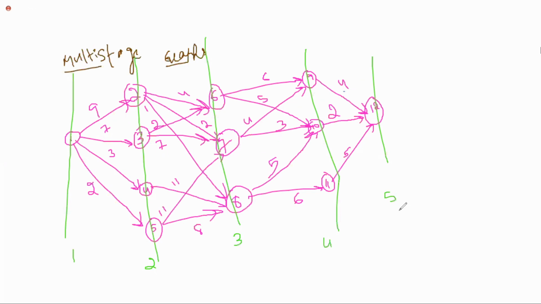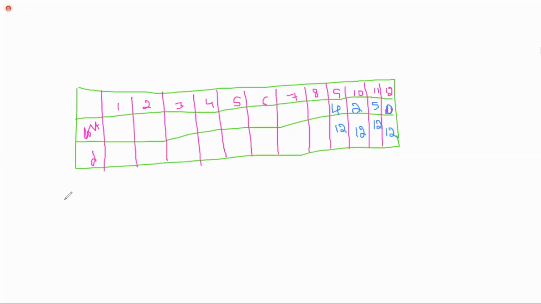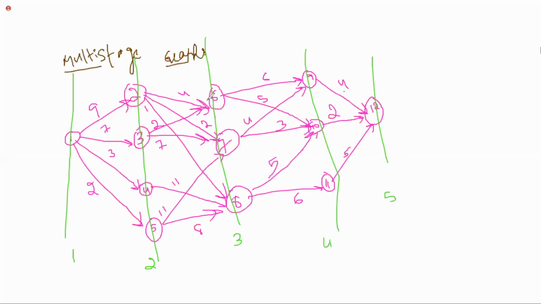Now observe carefully, if you understand one vertex, then it will be easy for all the remaining vertices. So next we are calculating from 6 to 9. How can we calculate 6 to 9? Observe carefully. We will write only cost of 3 comma 6. This 3 is not the vertex, this is the stage, and this is the vertex. So cost of 3 comma 6 means stage 3, vertex number 6.